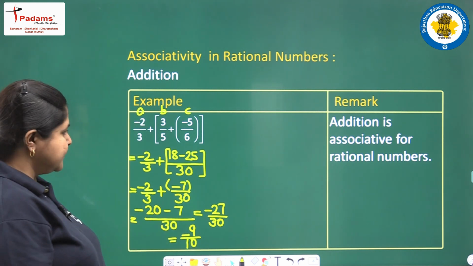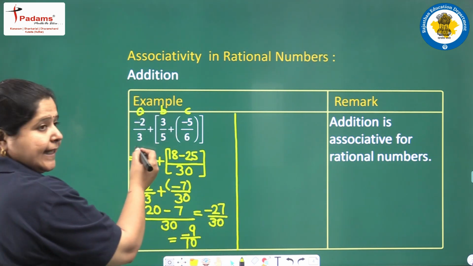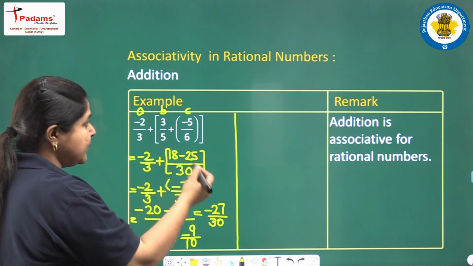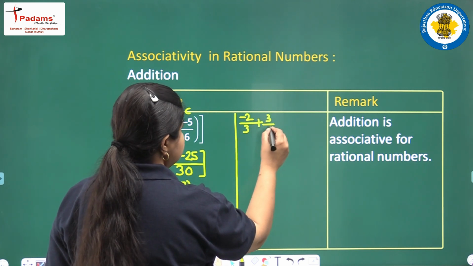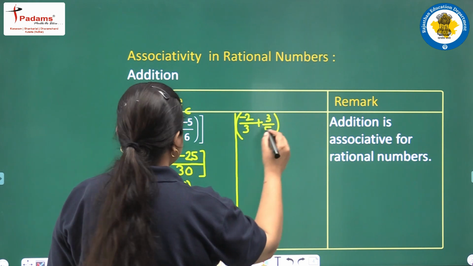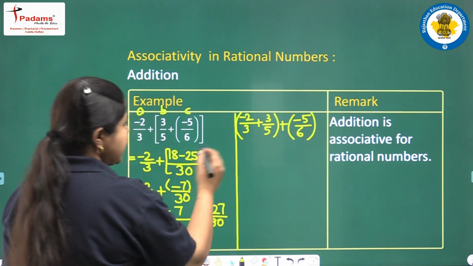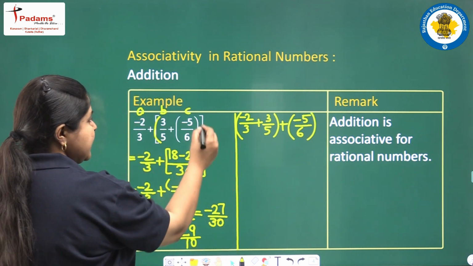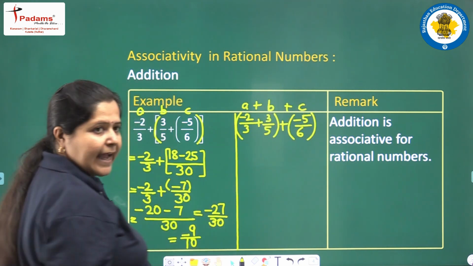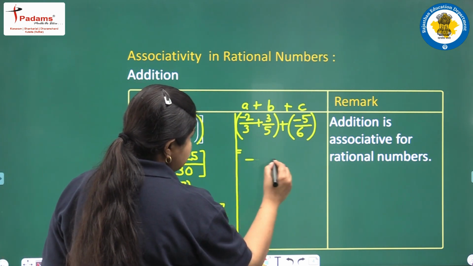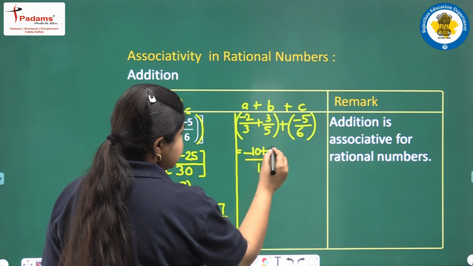This is the answer. Now we do one more thing. Now we first add a and b and then we will add the c number. Minus 2 upon 3 plus 3 by 5. We will take them, group them first, and then plus minus 5 upon 6. You can see the difference here. Here first b and c were added, and here first a and b are added, and then c will be added. The LCM will be 15, 5 threes are 15, cross multiply minus 10 plus 3 threes are 9,